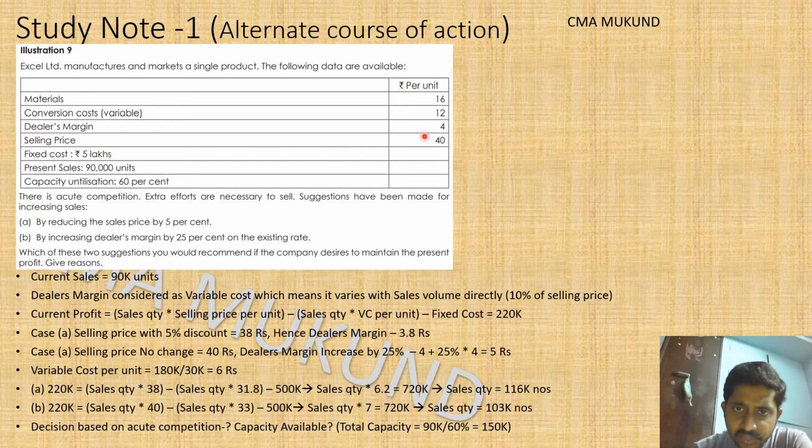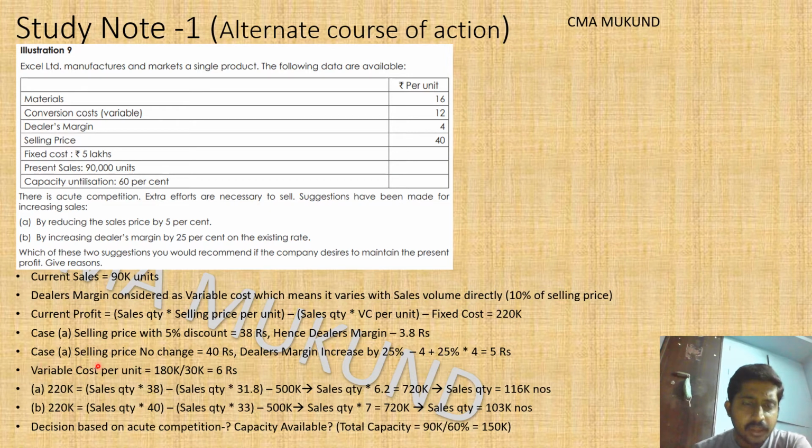So that's why we have said 40 rupees of selling price, 4 rupees of dealer's margin, which is nothing but 10%. Now we are giving a discount of 5% and making the selling price 38 rupees. So the dealer's margin, which is 10%, should become 3.8 rupees, which means there is a reduction in your variable cost also with the reduction in the selling price. This is a very cautious step. If it goes wrong, your problem will go wrong. So we have to be very clear with this dealer's margin. We have identified the selling price and we have identified the dealer's margin.